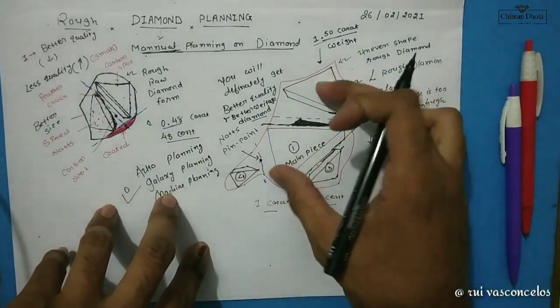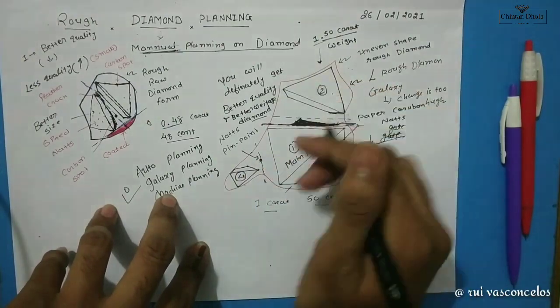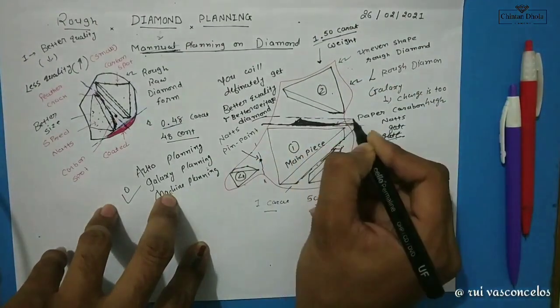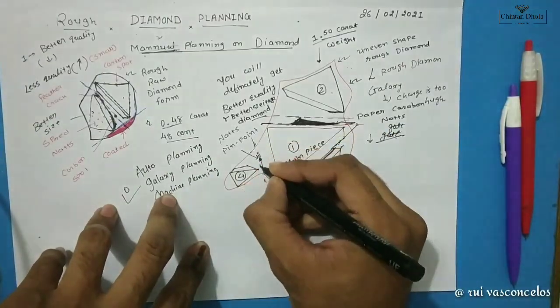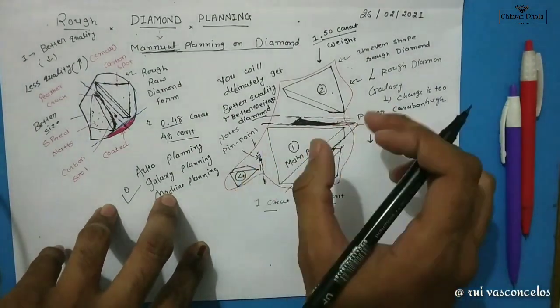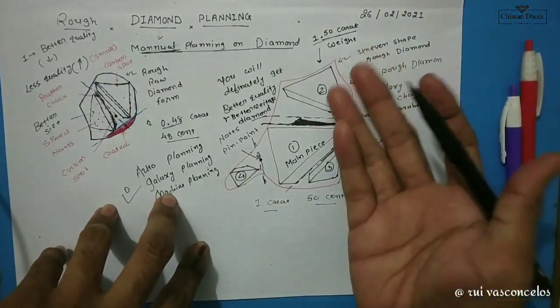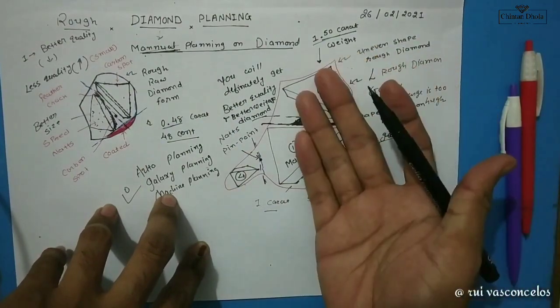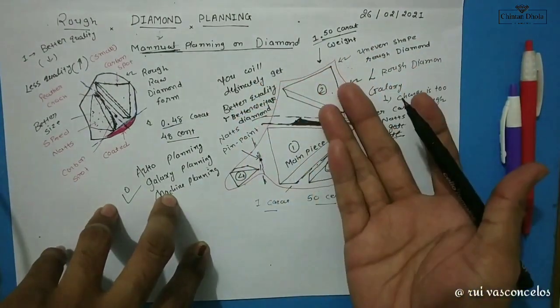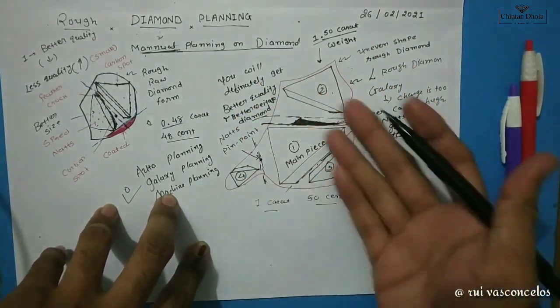After that you will get two pieces of that diamond. After that you have to do one type of marking over here and another marking over here. After that you have to give this diamond to another department. In this department the laser sawing process is going on, and after that you can get this type of